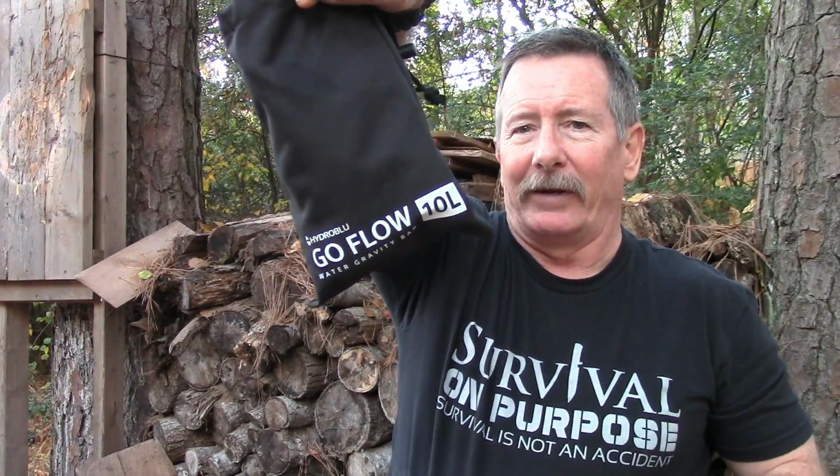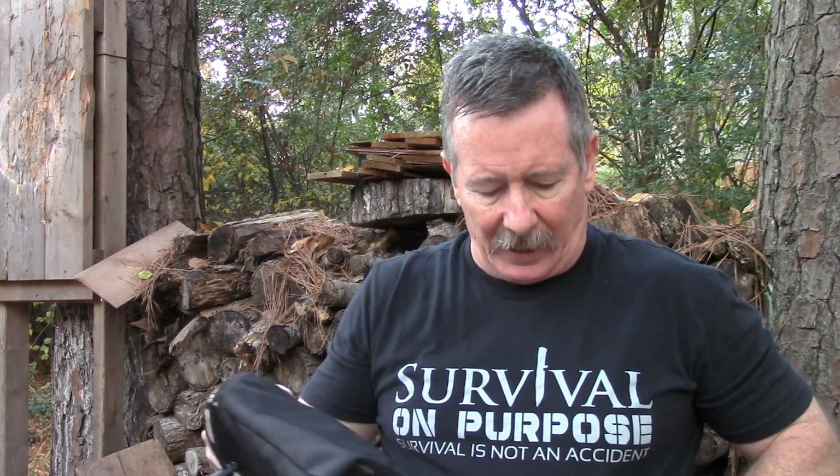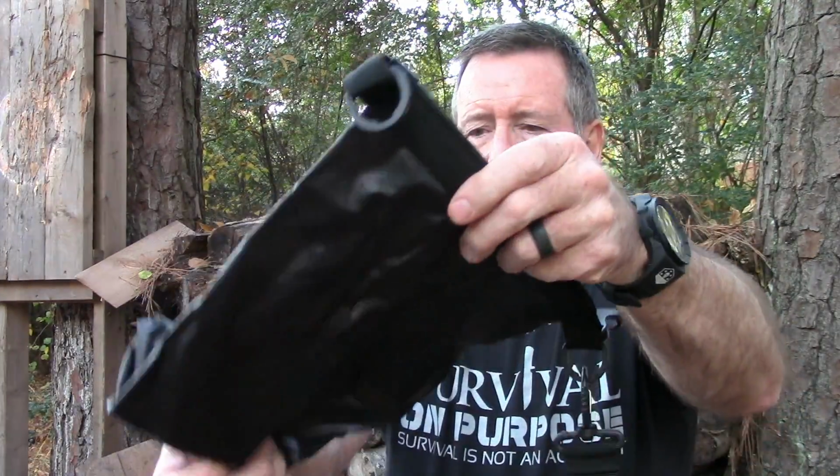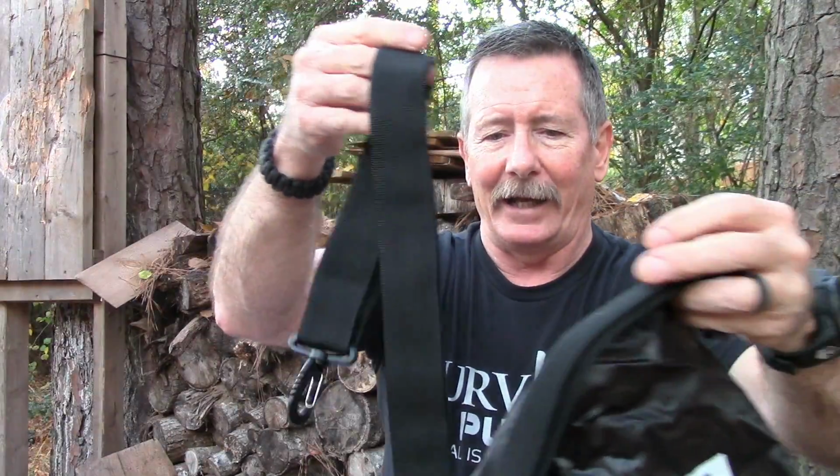So another thing that I thought was just, man, the bomb, absolutely great, is their 10-liter GoFlow gravity system, and it comes in this nice drawstring bag. And what this is, is a way you can fill up 10 liters of water and combine with a VersaFlow, and you can get this with or without the included VersaFlow. Combined with the VersaFlow, you can have a campsite filtration solution. So basically it's like a dry bag. You fill it up with water, you roll it over, you got a nice strap to hang it up on